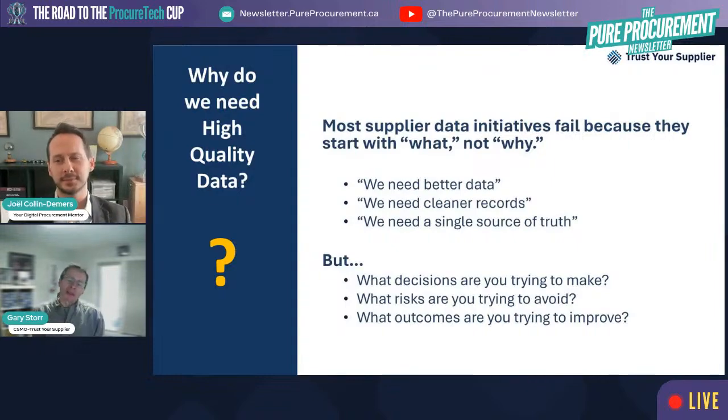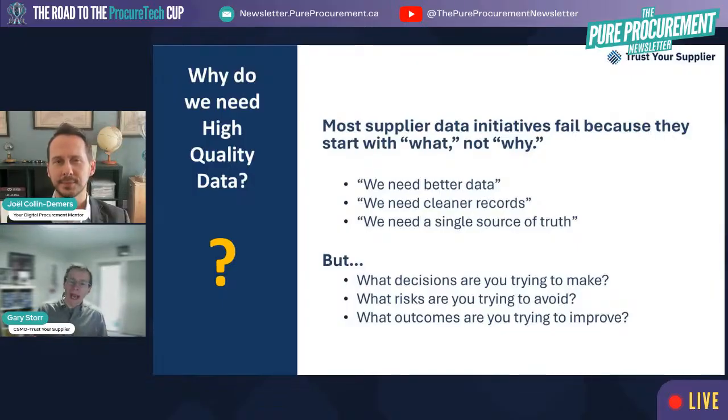Yeah, sure. So our topic today is data, and data, in my view, and I think most in the industry would agree, is the most important element to maintaining a relationship and managing your suppliers. Without the data, you really don't understand. To most organizations, the data is the construct that defines what the supplier really is. And when a lot of data initiatives start, it's because data is stale, old, duplicated, and organizations fail at this because they start